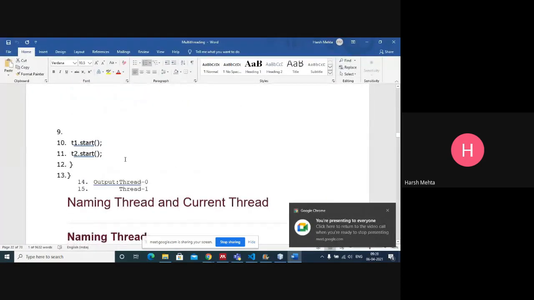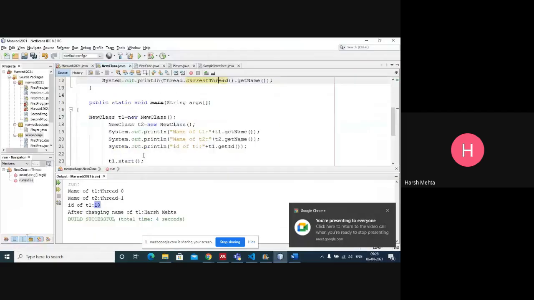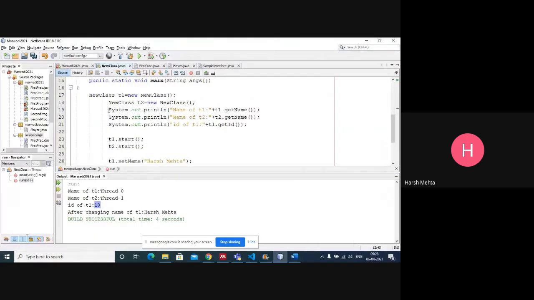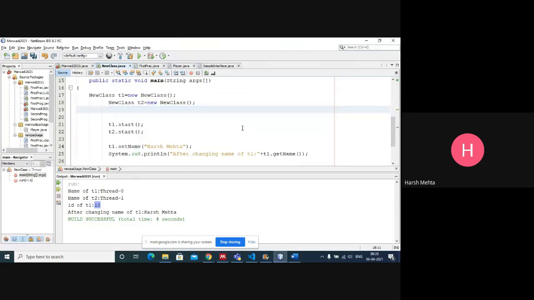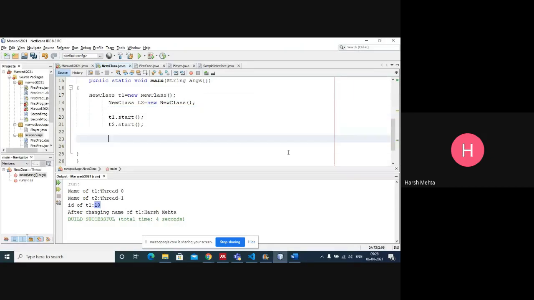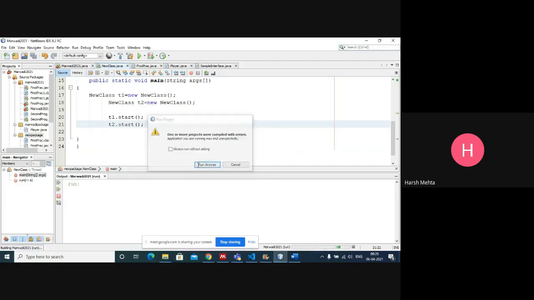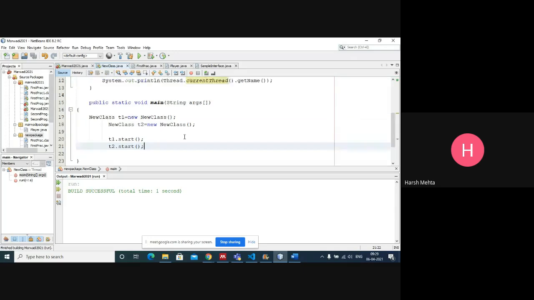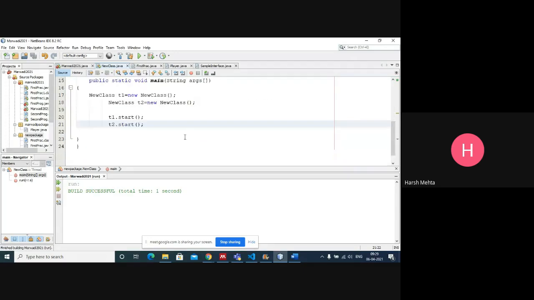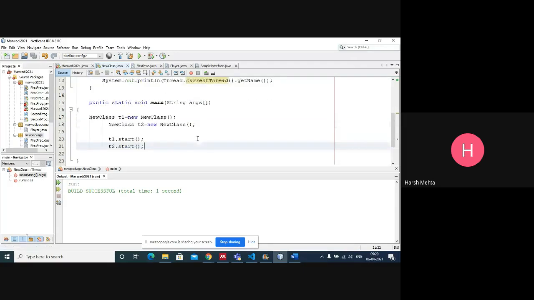Okay. Let me remove these lines. I don't want to change the name. Okay, now let me run. It didn't print anything.